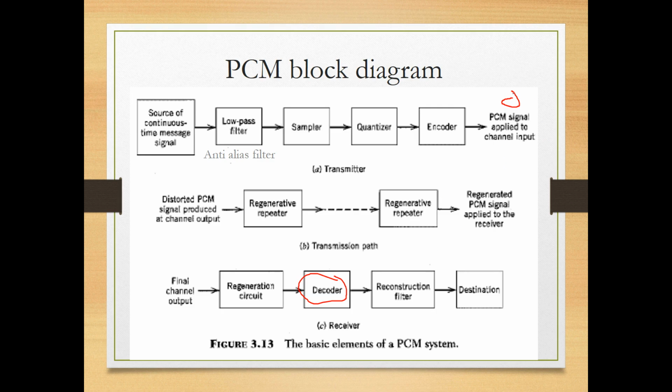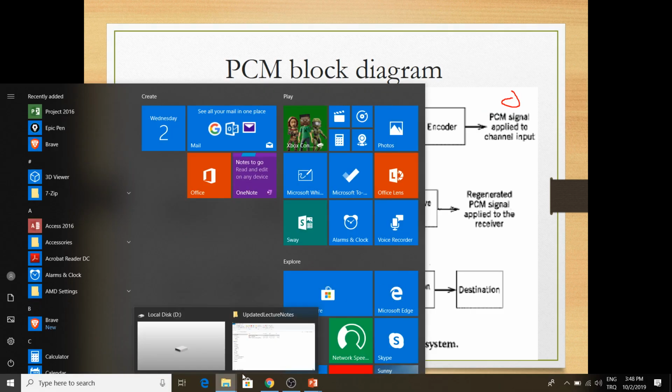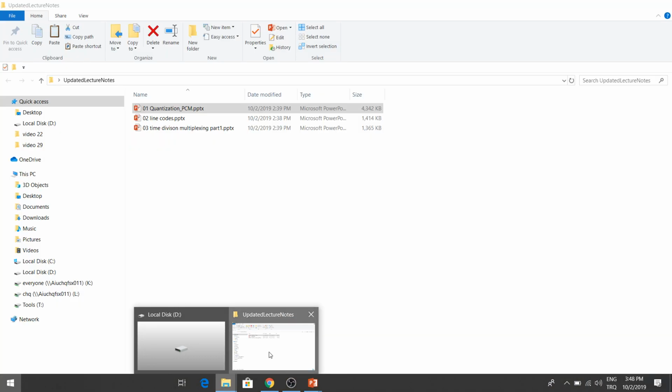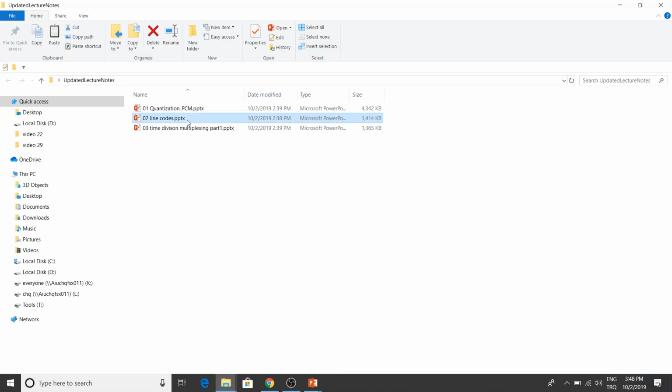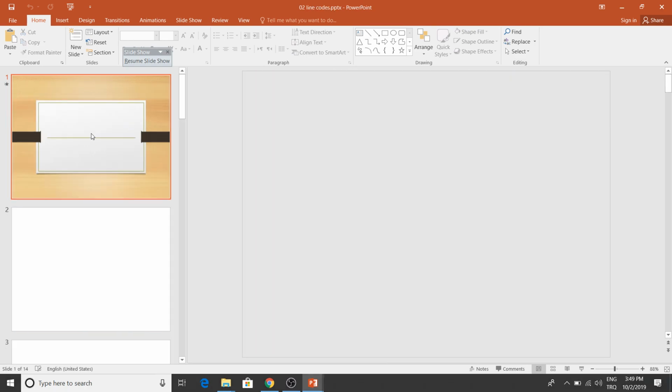After you generate your zeros and ones, you need to send them over the channel. You cannot send zeros and ones directly to the channel. You need to convert them to line codes, which are suitable for transmission over the channel. Is that right? You cannot send them directly. So in line codes, which is the second part of our lecture,